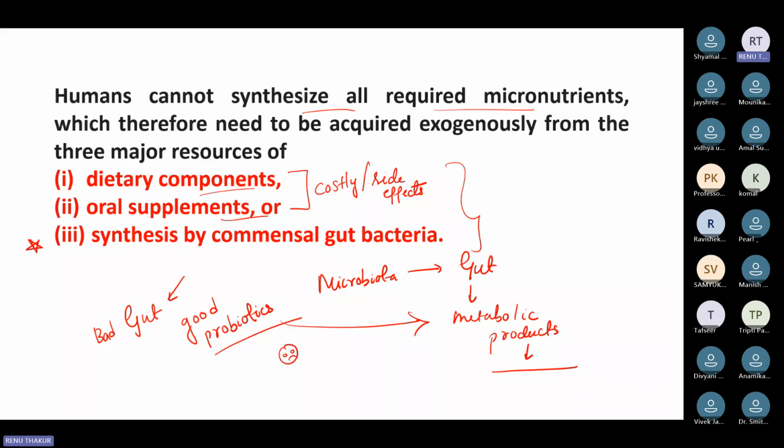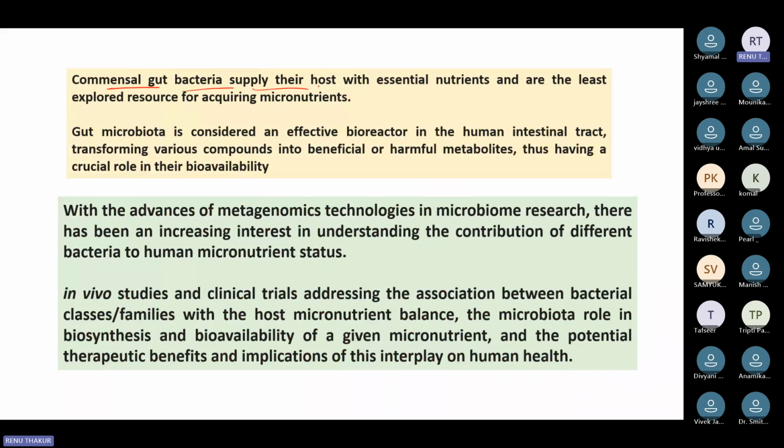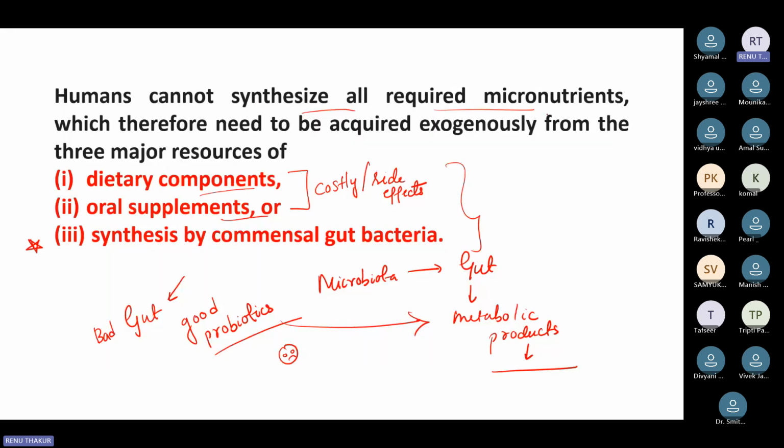So the common gut bacteria supply their host with essential nutrients and are the least explored resources for acquiring micronutrients. So whatever sources I have mentioned, 90% of people are dependent on exogenous sources, like oral supplements. Obviously their gut is not normal, after an age our gut microbiome is disturbed, dysbiosis may occur. So we are dependent on the dietary intake,